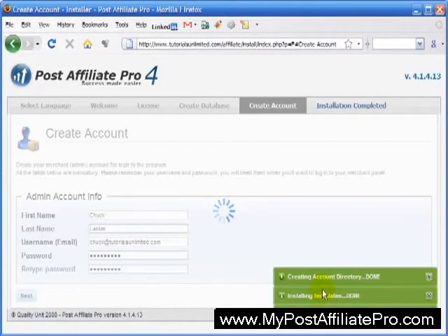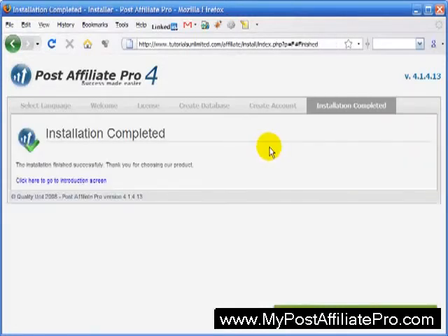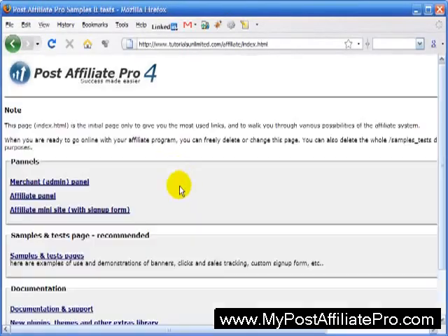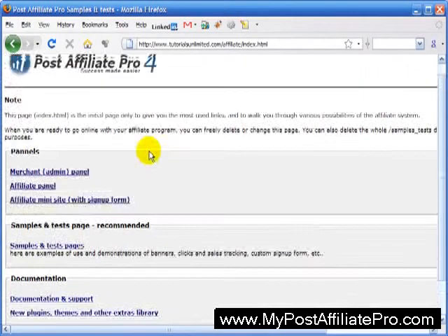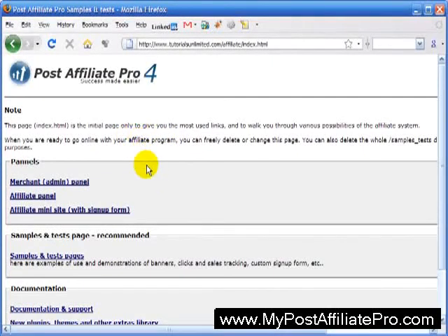And now what it's doing is it's actually creating the accounts and filling up the database with the information needed. And so this may take a couple of minutes as it's basically preparing and completing the installation. And it comes back, it says installation completed, finished successfully, and click here to go to introduction screen. And so here we are. The merchant's control panel is here, the affiliate panel is here, the affiliate mini site, that type of thing. And so we'll get into other tutorials on how to